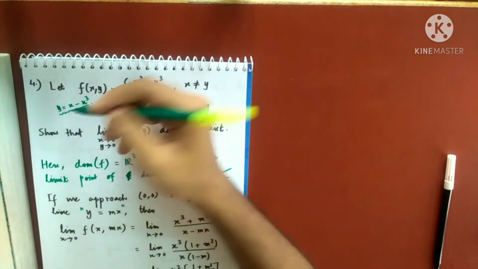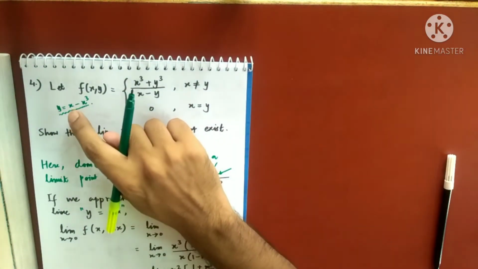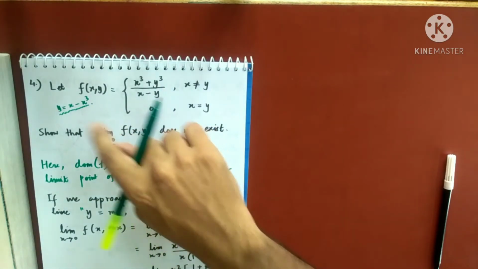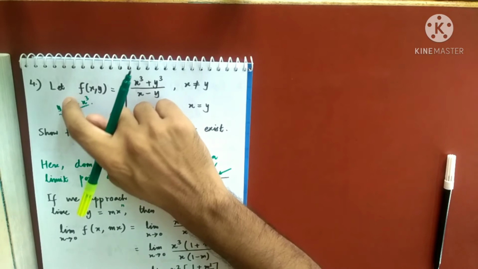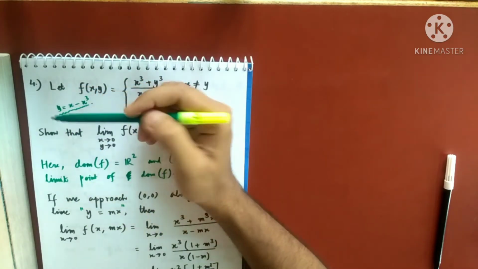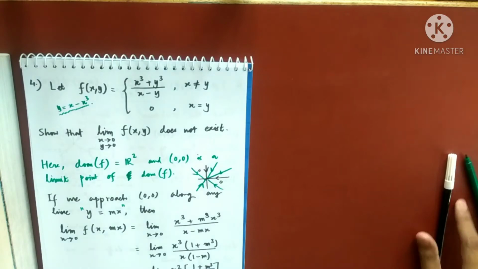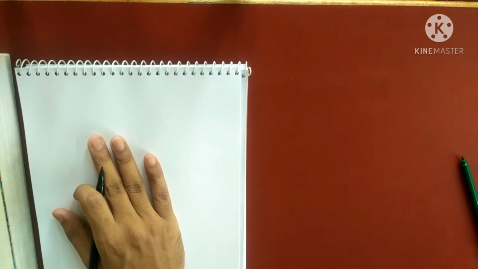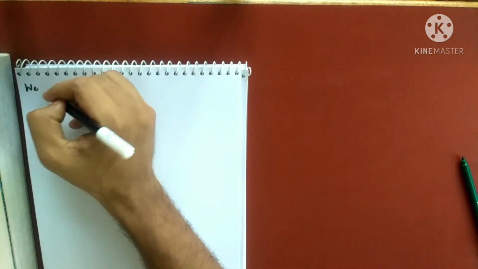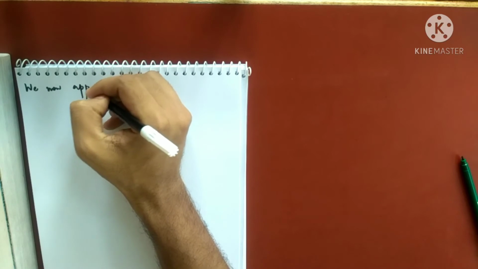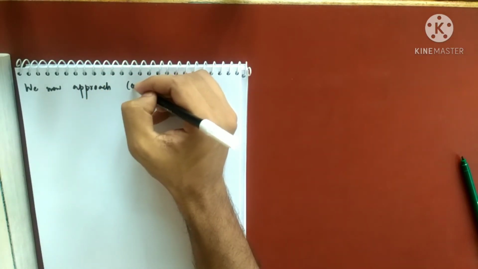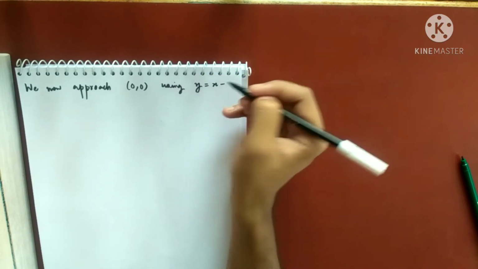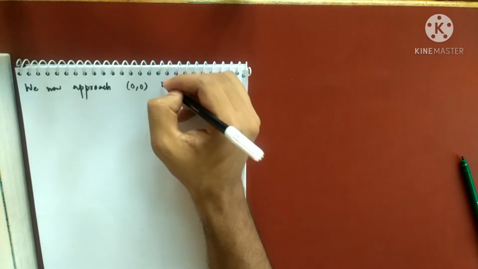You can also take plus here. It is right. So let me check here. And check one thing. I have not taken this arbitrarily. As x tends to 0, y should tend to 0. So when x is tending to 0, this should go to 0. You cannot take plus 1 or something here. That will not tend to 0 anymore. So let me write that down. So we are now going to approach 0, 0 using this curve. So we now approach 0, 0 using y equals x minus x cube, along this curve.